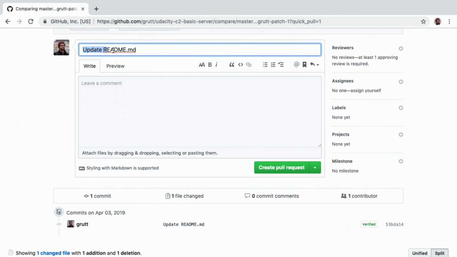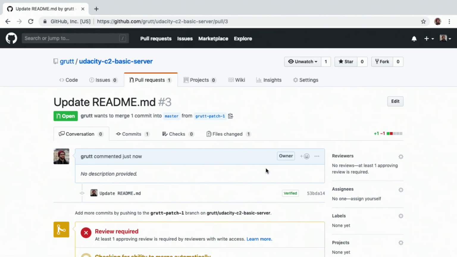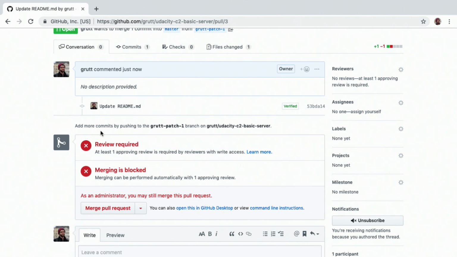I will simply say update README on our pull request. We'll create the request, and we'll see we need a review before we can merge this change. Now, because I'm an administrator, I'm able to merge the pull request, and since I have no one else working on this code base with me, I can't ask anyone to review it. So for now, I still have the ability to merge, but if I were a junior developer or someone new working on this code base who was working with me, I would want to review those changes before allowing that change to be made within our official pristine branches.